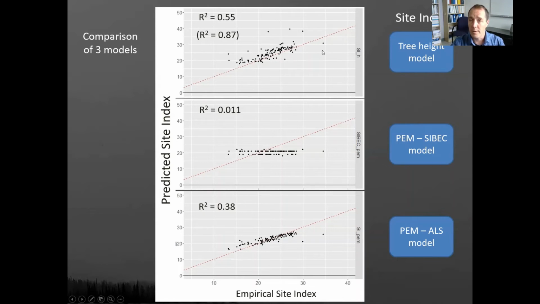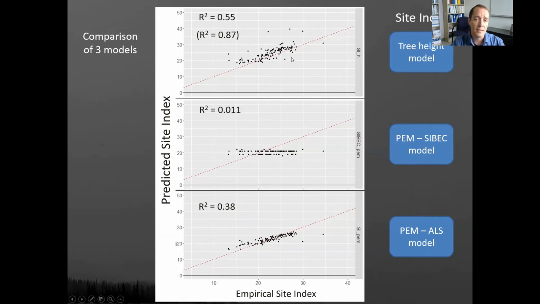So to start with, starting at the top here, this is the tree height model. And you can notice that it was giving us our best results in terms of estimating site index. So an R-squared value of 0.55. Now, one thing I'll note there is that that 0.55 R-squared value